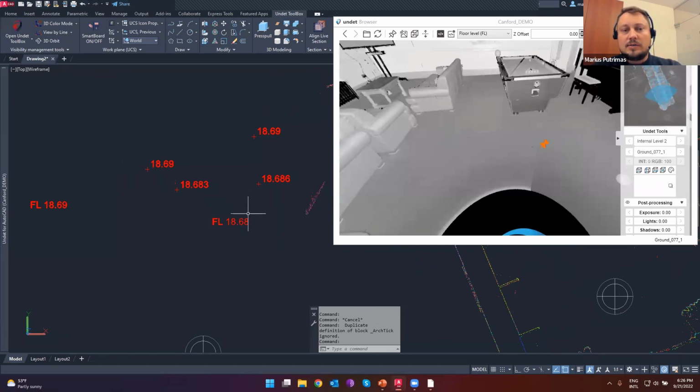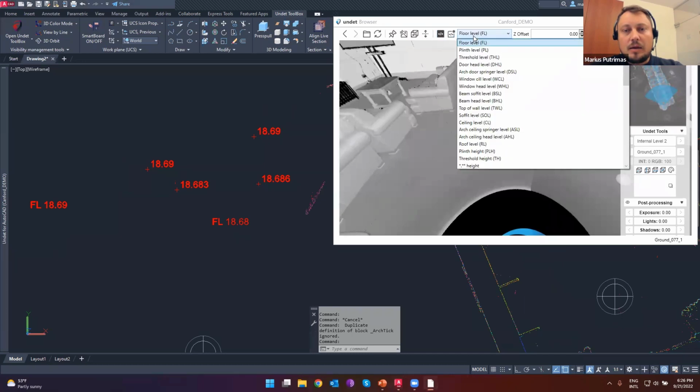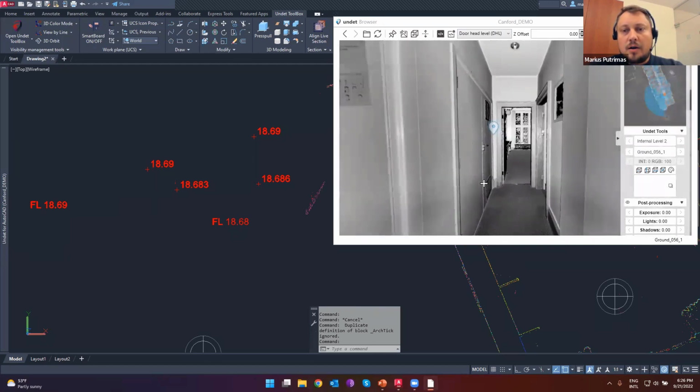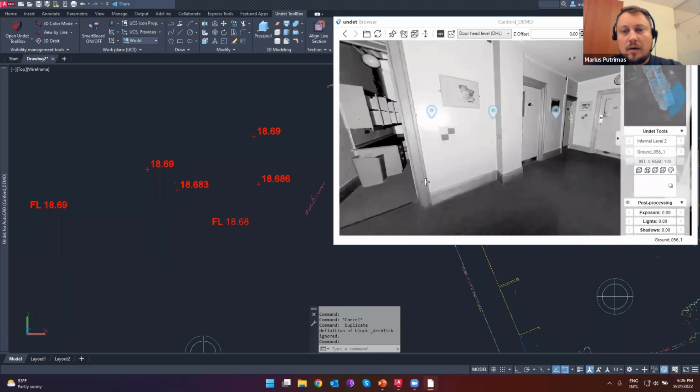So these blocks, these scripts are fully customizable. And so one script structure is just to write the global height. So for example, for floor level, door height, for example, just moving over here,